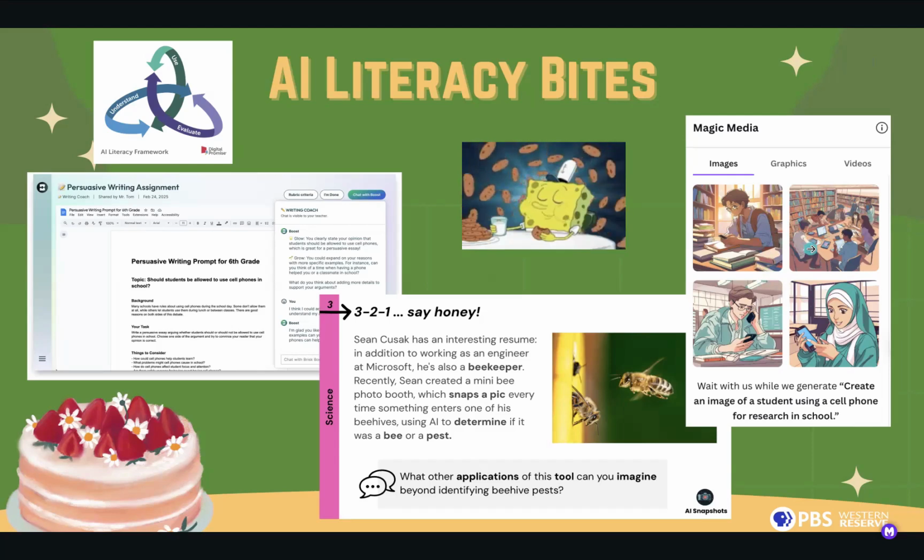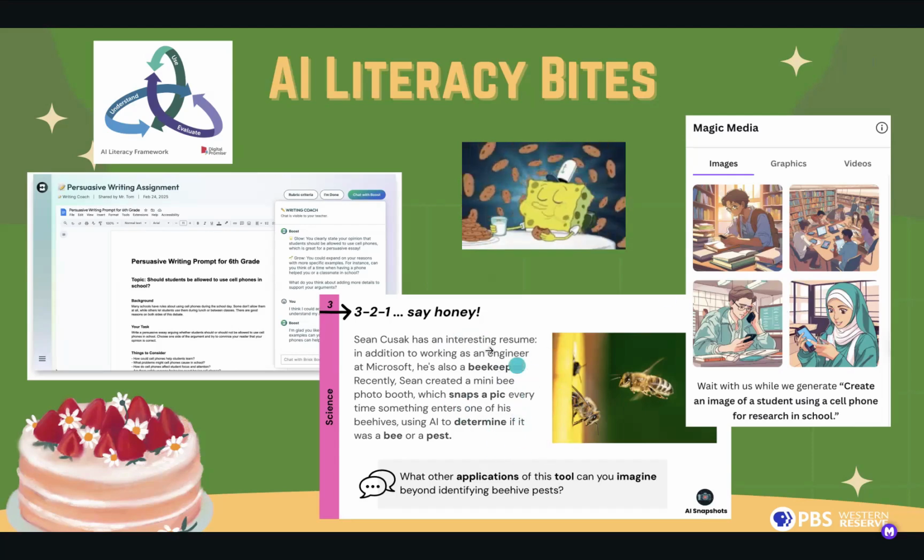So when we want kids to think about, okay, maybe they're writing a story or they're doing a presentation on a certain science topic they're learning about, whatever it may be, here's a safe place in Canva where they can generate images to put into their project that they want to share and kind of leverage that whole creativity piece that maybe they never thought of before. Canva also has a Magic Write feature built in, which can also help support students in their writing as well as a ton of other fun AI resources.